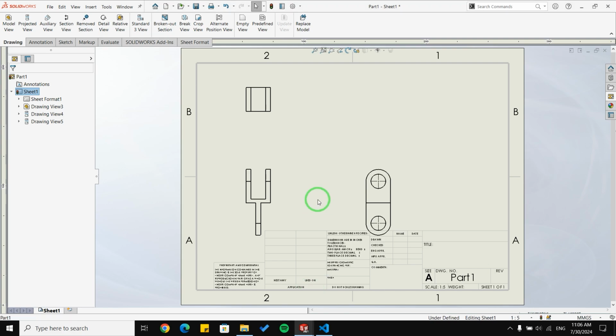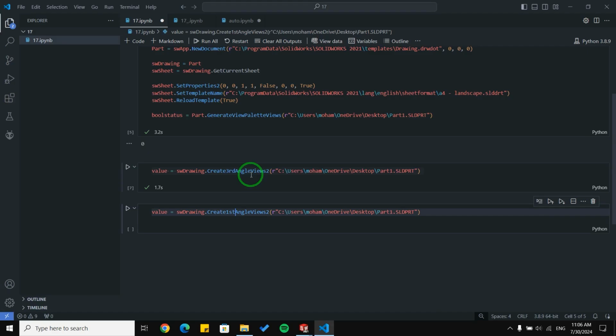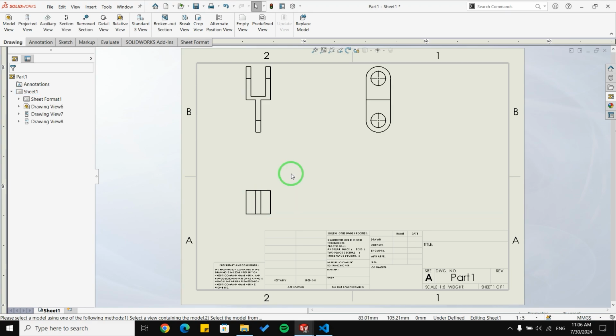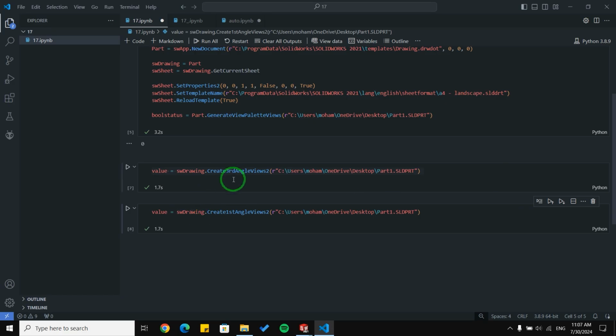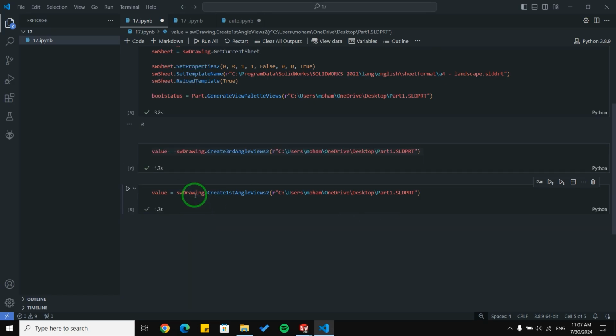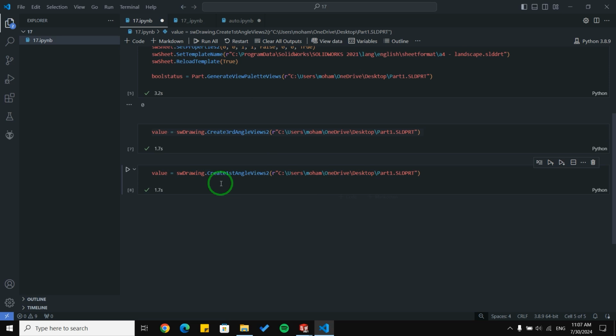Let me delete these and run this block. And as you can see, we can create the first angle view automatically using the SolidWorks API. And as I said, some countries use first angle views and some countries or systems use third angle views. It depends on you which one you're going to use.